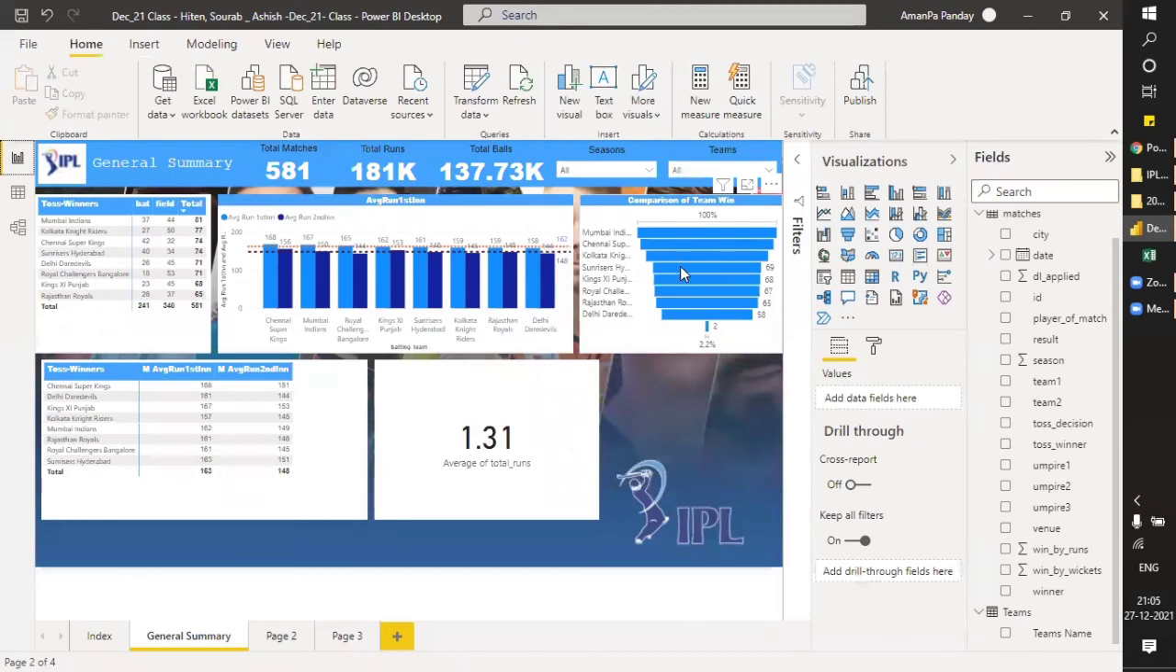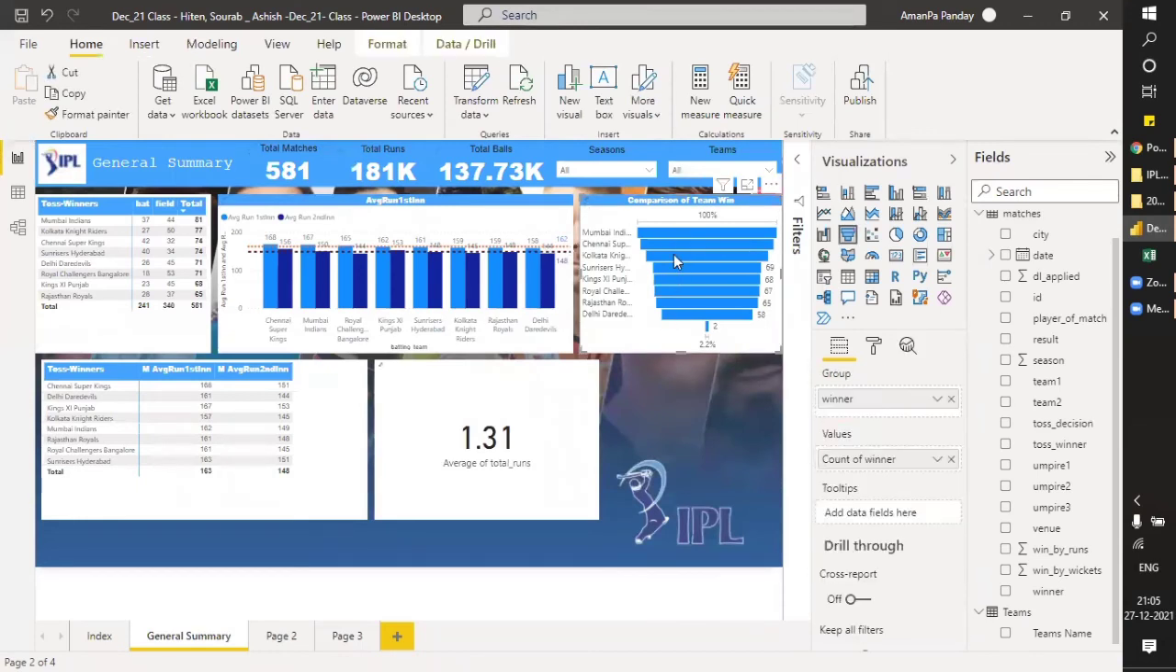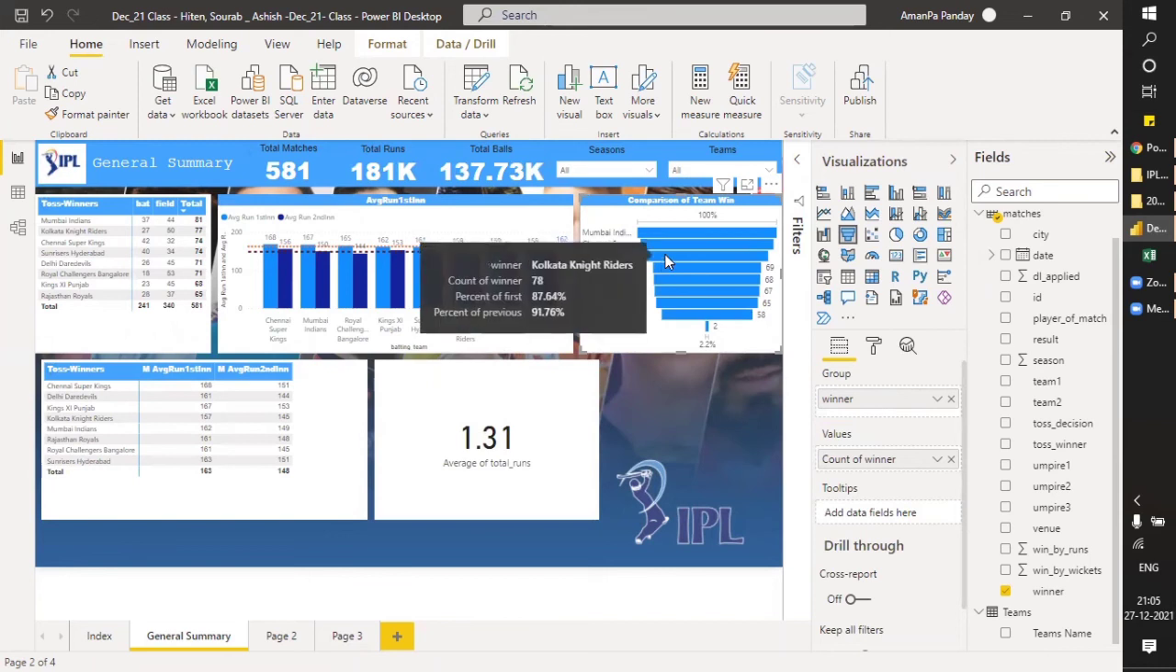So let's come to this. In this, you can find a very interesting way when you hover the cursor above. Let's hover over Kolkata. Now it's showing us a stat that the winner is Kolkata Knight Riders. Count of win is 78. Total matches it has won is 78. Percentage of first is 87.64. Percentage of first means it has won 87.64%